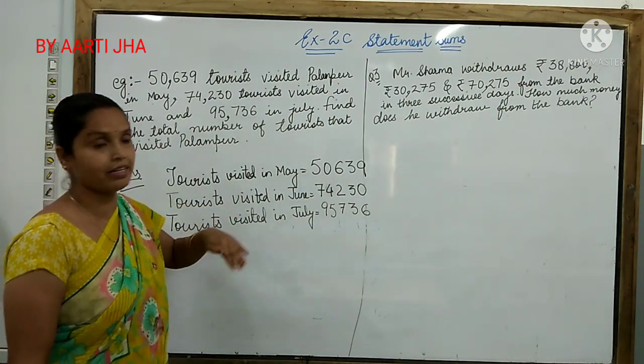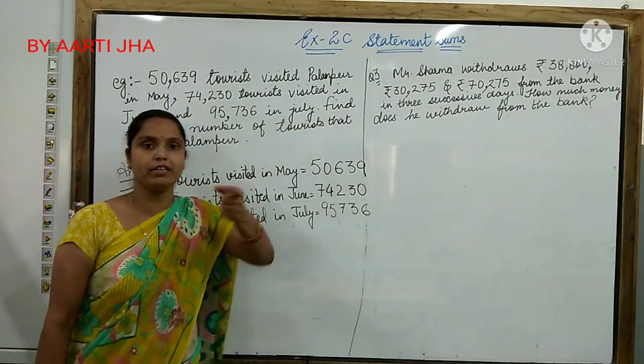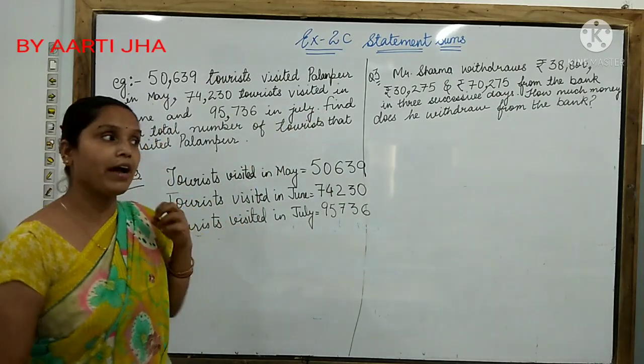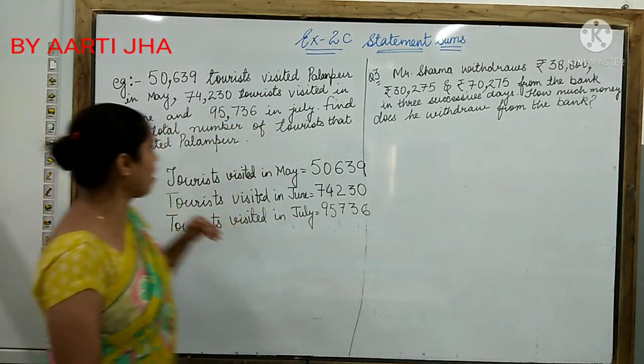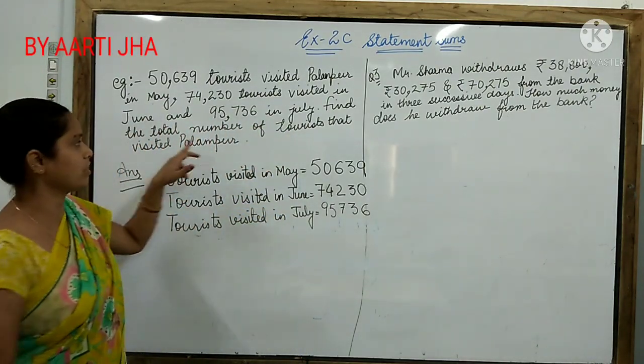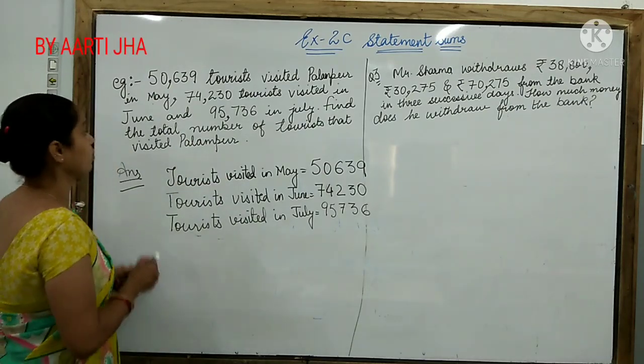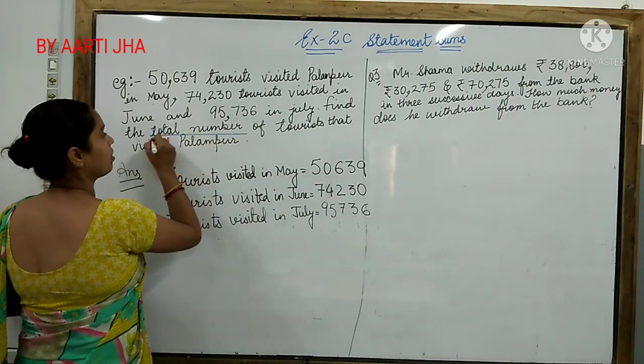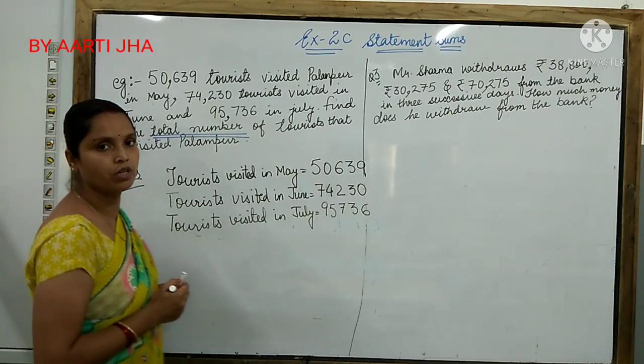Now what does the last line say? Find. What do you mean by find? Find is to calculate. Find is to know. You have to calculate the total number of tourists that visited Palampur. Now remember the word total number. Okay, total means what? Total means